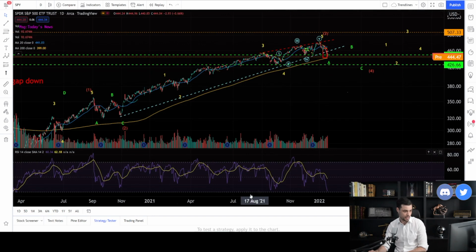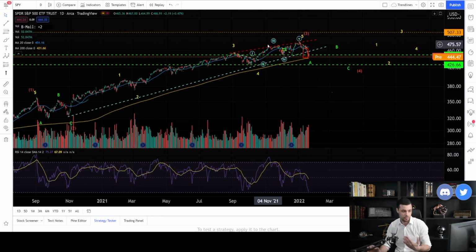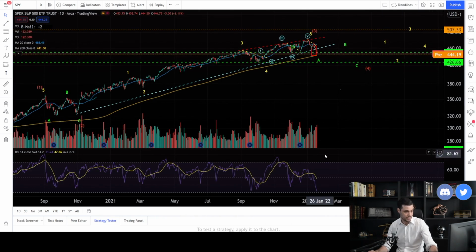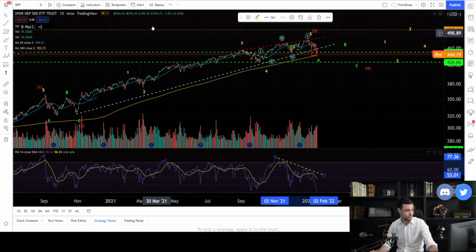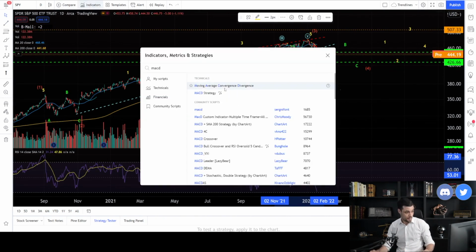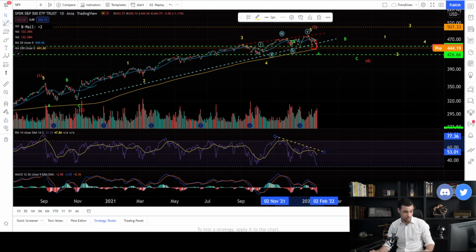The first thing: it seems that we are in the third wave and that the third wave is complete, but let's be honest, with Elliott wave theory by itself it is very hard to find the right counting on the first try. So we associate that with divergences. Here we can see, for example, at the end, the market making higher highs, the RSI going lower. Let me add the MACD here. Same thing, MACD making lower highs. Market making higher highs, MACD making lower highs. The market is out of steam.